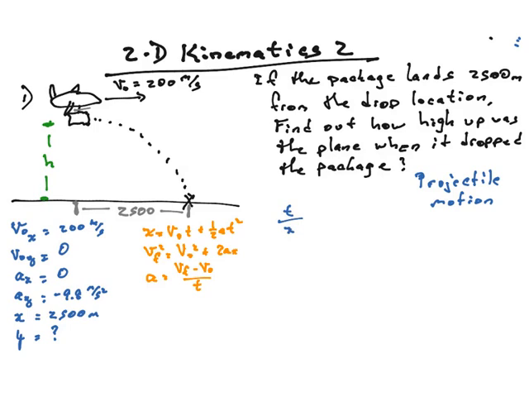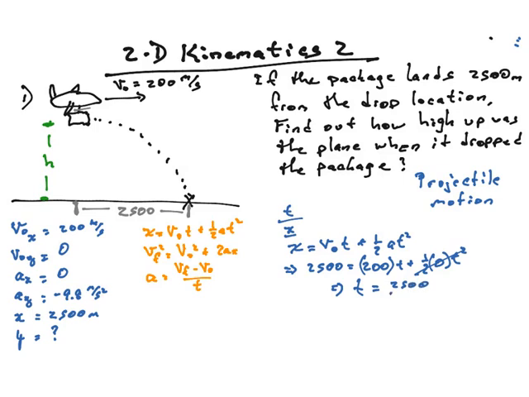I'm going to look in the x direction to do this. And I say, okay, x equals v naught t plus 1/2 at squared. Plugging my numbers in. X distance is 2,500. X initial velocity, 200 times t plus 1/2. The acceleration in x is 0. And there's my equation to find time. This term goes to 0 because it's multiplying by 0. So t is 2,500 over 200,